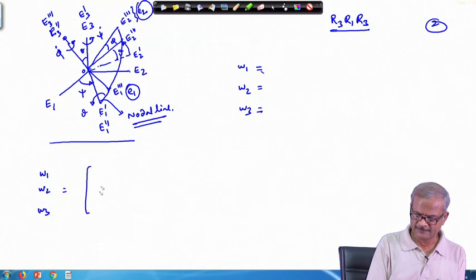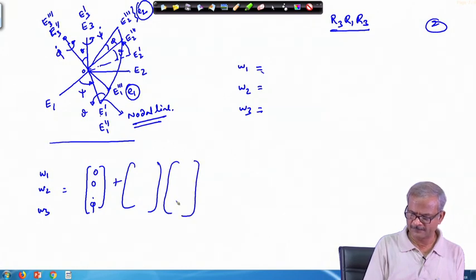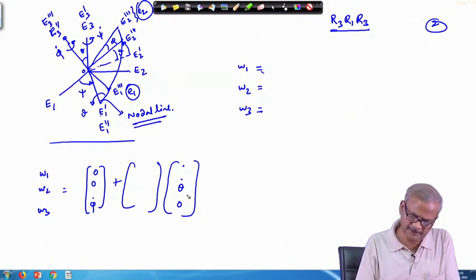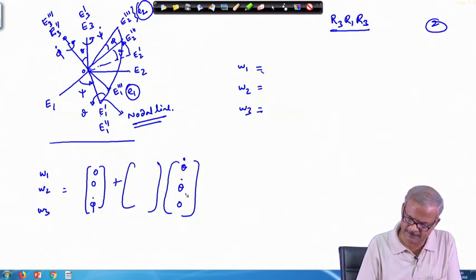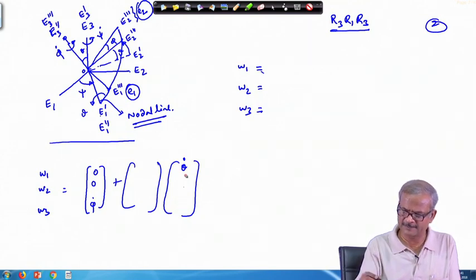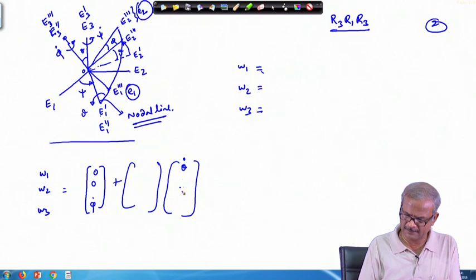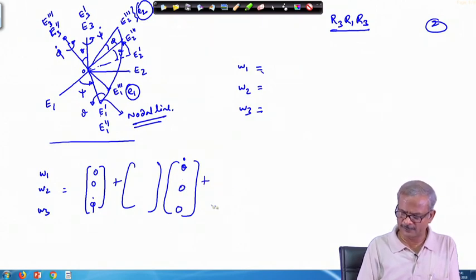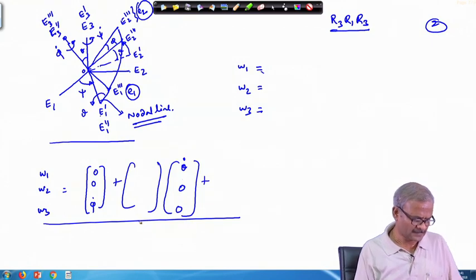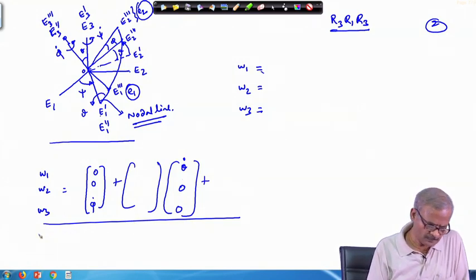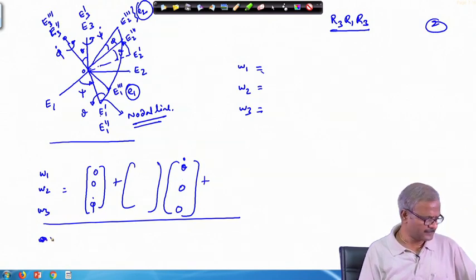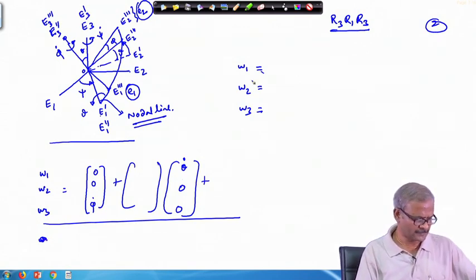First I wrote it as phi dot, 0, 0, plus this rotation matrix, and then we used theta dot. Theta dot, I do not remember along which direction I have taken, but depending on it, here it was the x direction. If it is along the y direction, I will put theta dot in this place, then theta dot will appear in the middle. Otherwise this is 0 and then one more term was there. Accordingly we have worked out omega 1, and this expression we will complete and use further for our purpose.